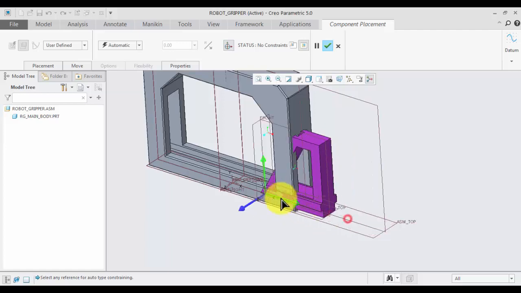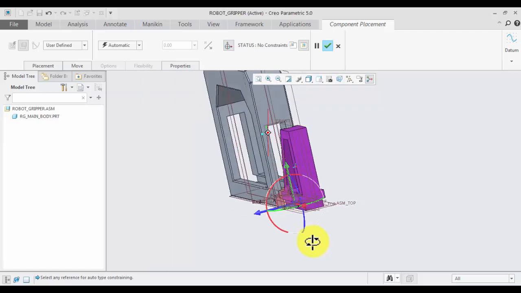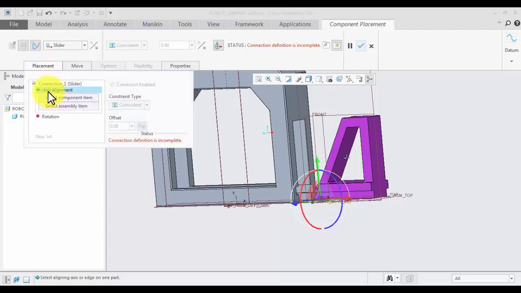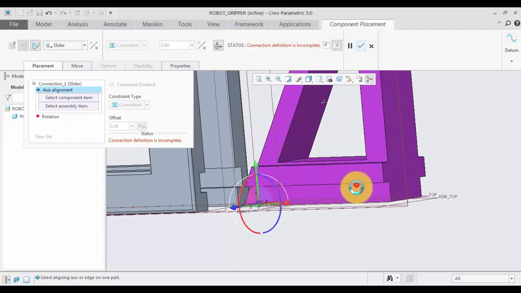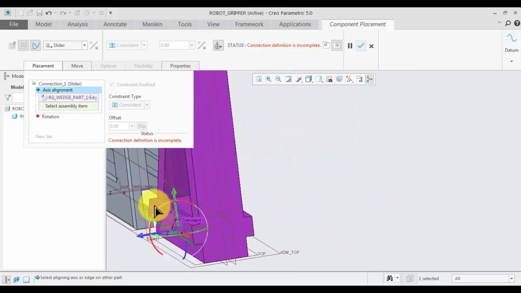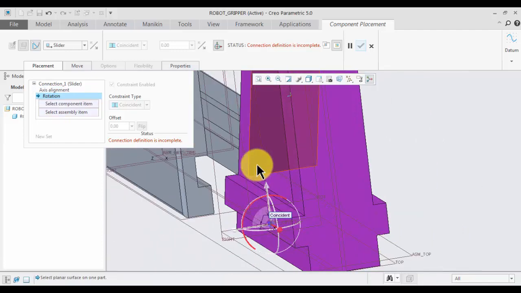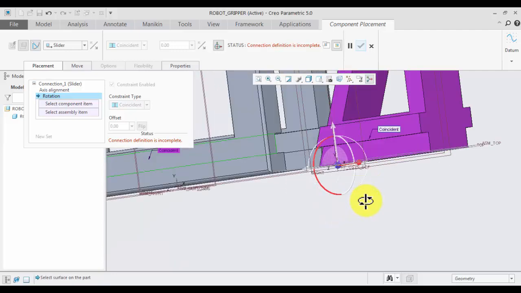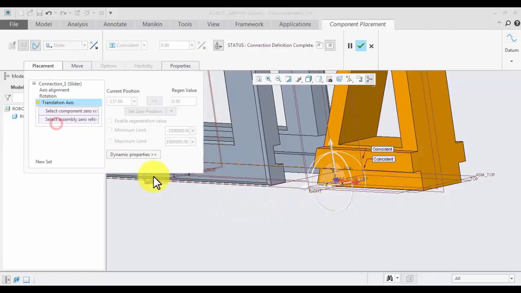This part is sliding at this place, so using a slider, select a slider mechanism, placement, define axis element, this axis and also this axis, and for rotation, select this plane and this plane, and translation motions,